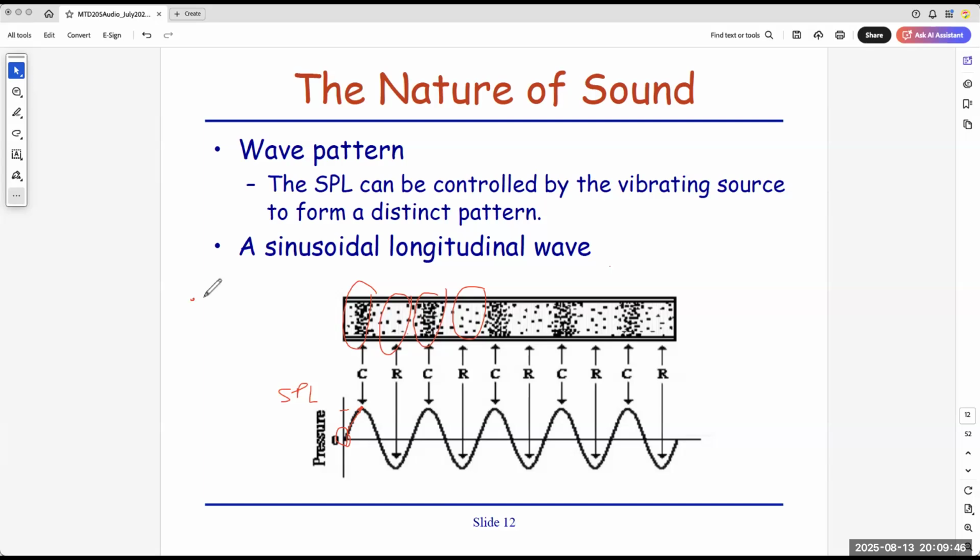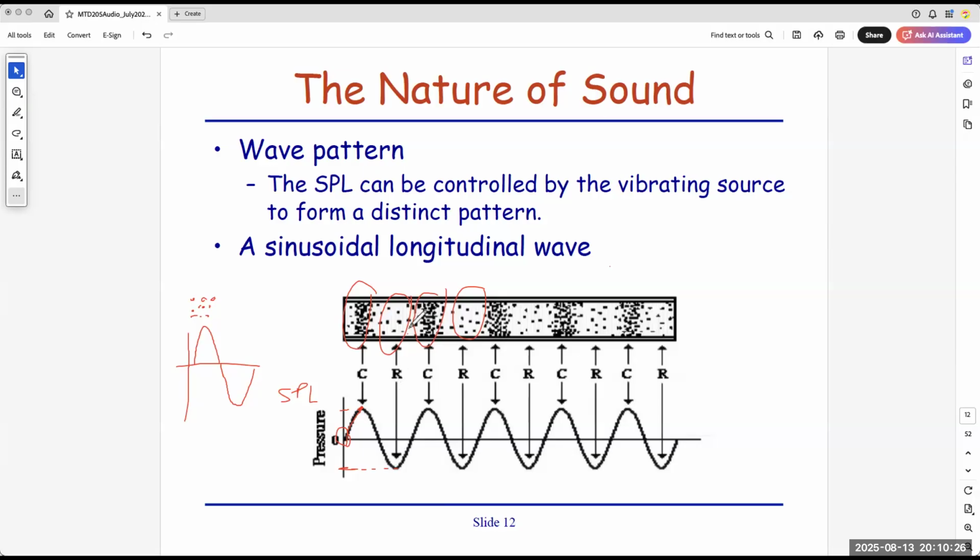So down here, when you compress, all the air particles are being compressed, squeezed together. You are forcing them to squeeze together, so the sound must be very loud. But then of course you slowly go to zero down here. Then later on, instead of going to zero, because you expand out, you make it very relaxed, the pressure should be the reverse. So down here is very relaxed because it's the lowest point. It's even smaller than zero, where zero means do nothing.